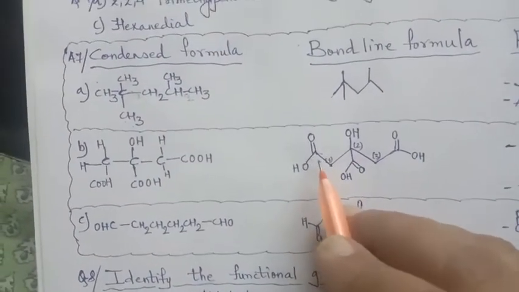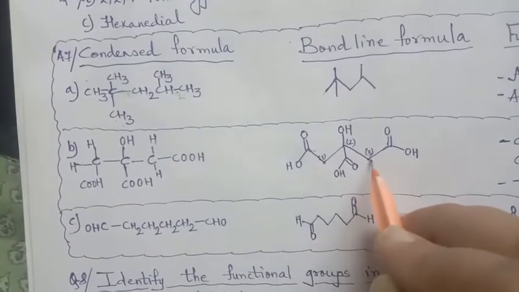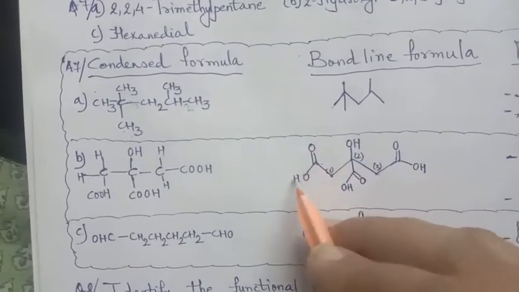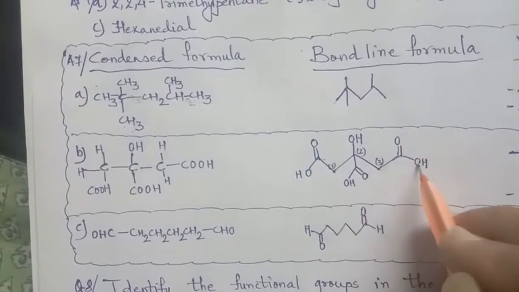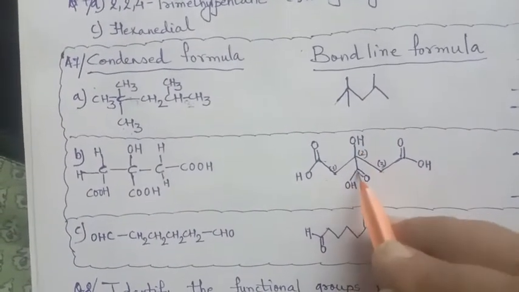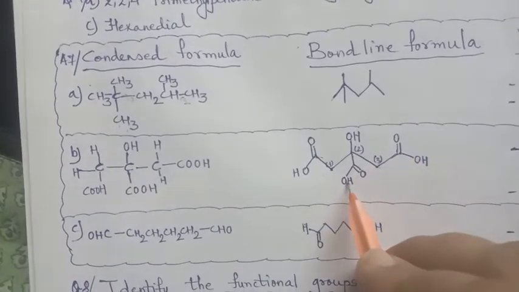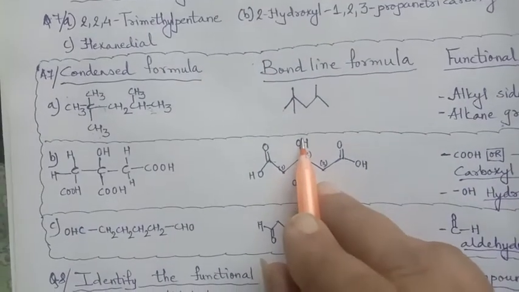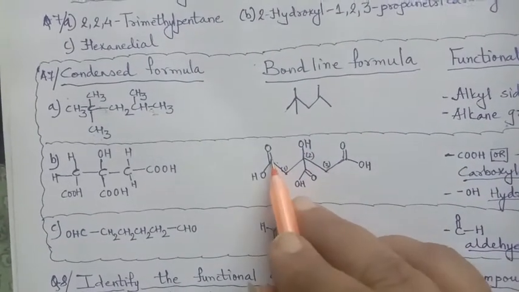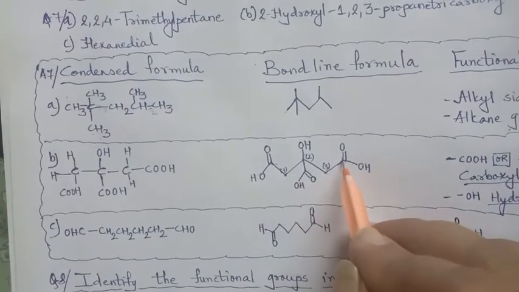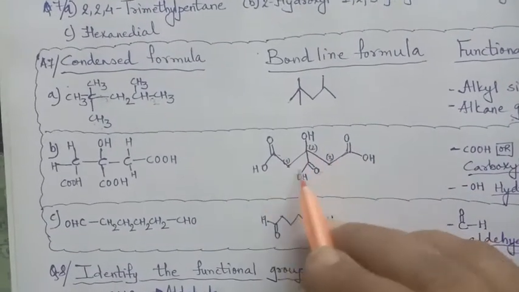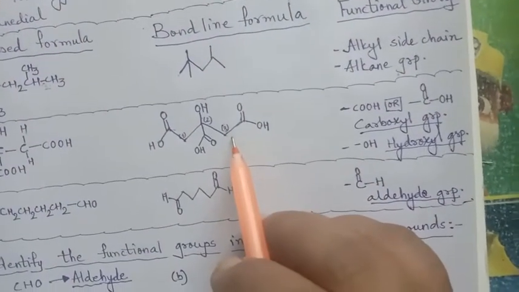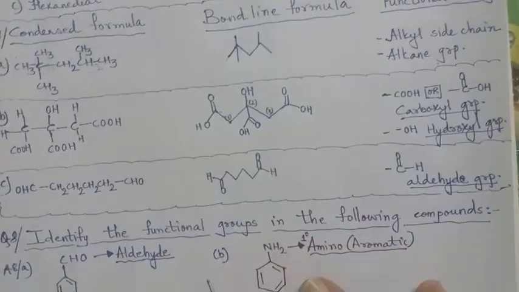And in the same way, here see 1, 2, 3 carbon. Then on this carbon, the attachment is of this carbon, double bond OH. This carbon, double bond OH. On the second carbon, OH as well as C double bond OH. Clear? So this is the structure of 2-hydroxy 1, 2, 3 tricarboxylic acid in propane parent chain. So what are the functional groups present here? Carboxylic acid is present over here as well as the hydroxyl group.